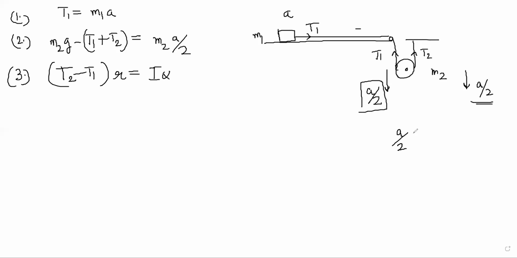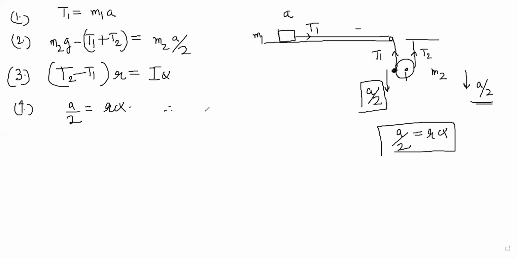We should have written a by 2 is equal to r alpha, right? This point was coming down with a by 2, no? Actually, this thing was coming down with a by 2. We made a mistake by saying that a is equal to r alpha, but actually it is a by 2 is equal to r alpha. That was the fourth thing. So if you do this now, it will work.